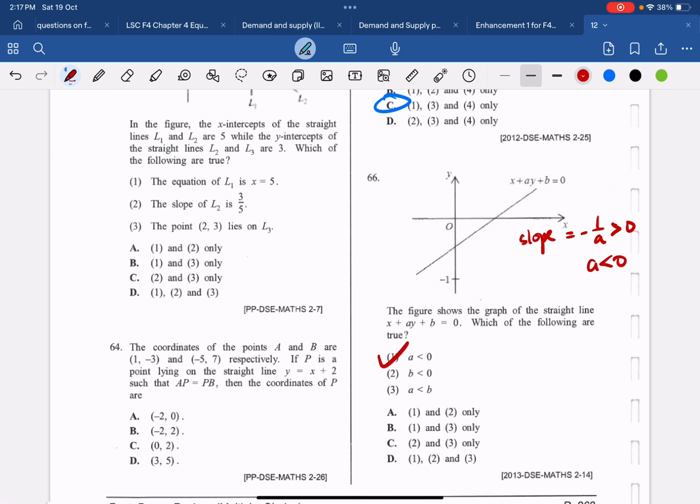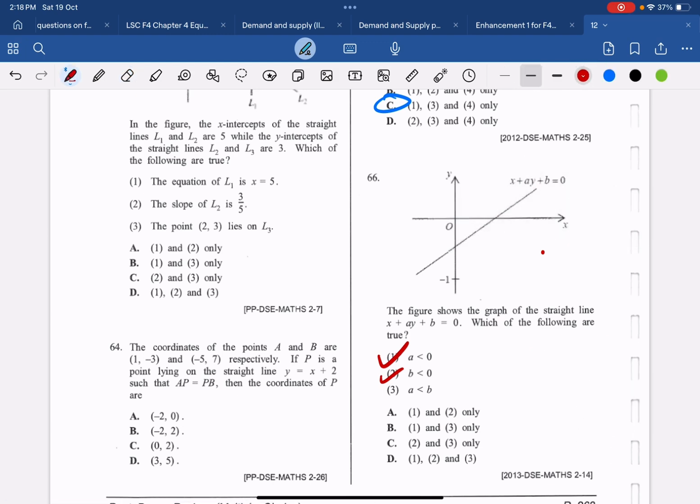Yes, 1 is okay. And then let's try to see the x-intercept. X-intercept means y goes 0. So now all we have is x plus b equals 0. So x equals negative b. So this point is negative b, 0. However, can you see the x-intercept is on the positive side？ 即係佢個 x-intercept 應該係正數嚟㗎嘛，係咪？因為佢個 origin 右手邊嘛。Which means that negative b should be greater than 0, right? So b should be less than 0, also right. Okay, then we go for the